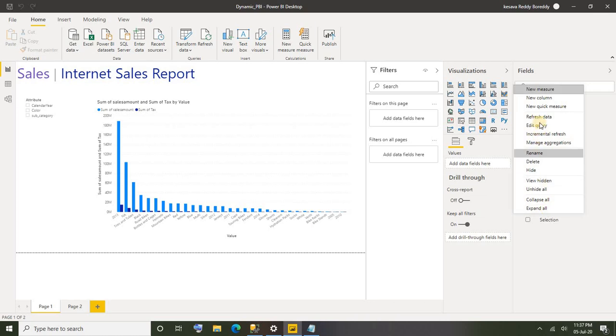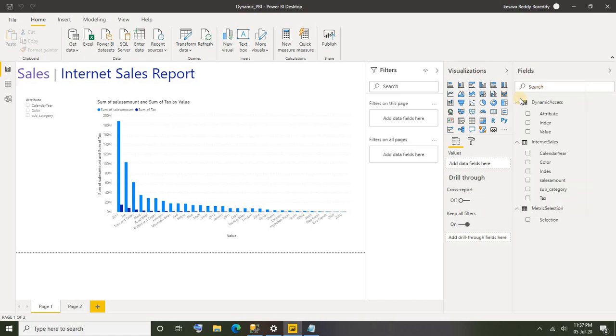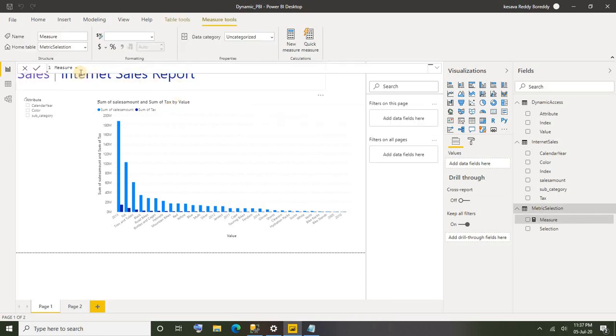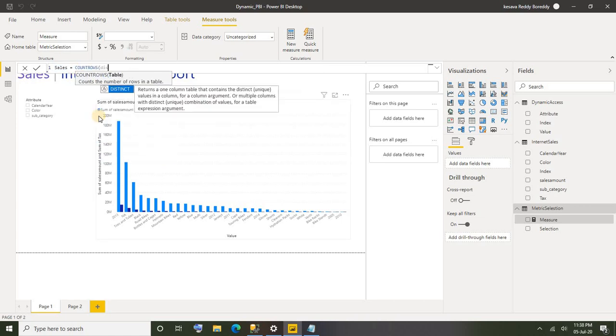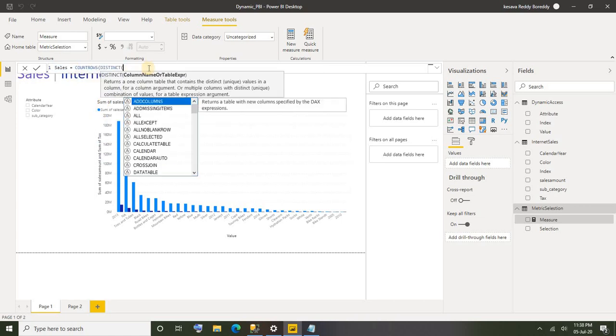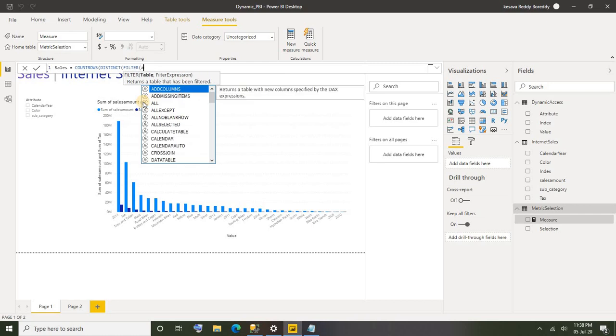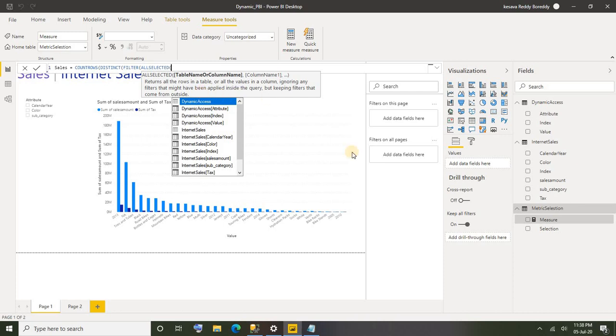Okay, so what I'm gonna do, I'm gonna say new measure, name I'm gonna create as sales, for sales amount, count rows distinct from the selected value. Okay, distinct filter all selected from our small table that we created.